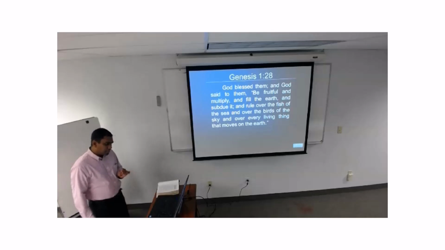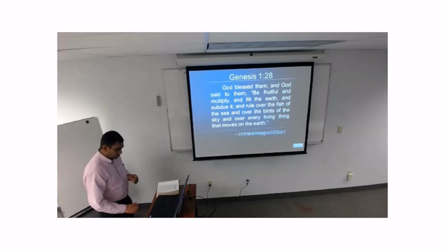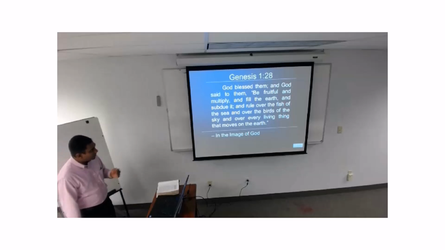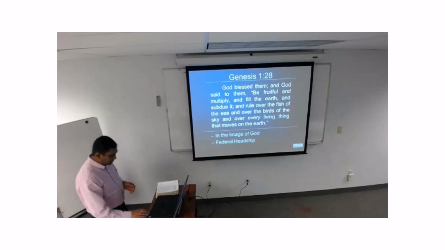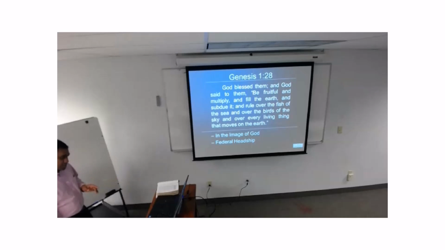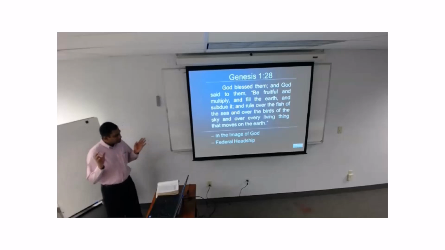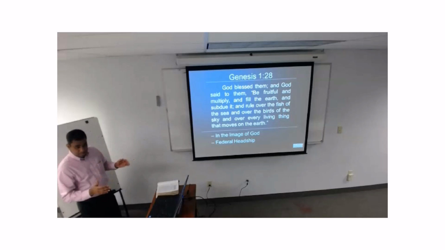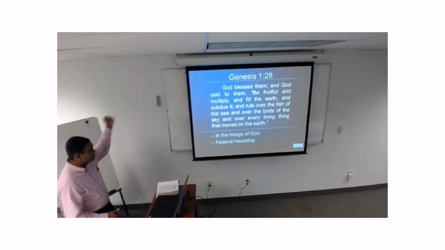And the idea that we should get from here, actually, yeah, we have it here. So you see, one of the reasons that man has this ability is that he is made in the image of God, with stewardship under God. But at the same time, he also has a federal headship. Normally, the federal headship that we think about, for example, in Romans 5, is how Adam is the head of all humanity, and that is true. And this responsibility comes to us through the original command given to Adam.